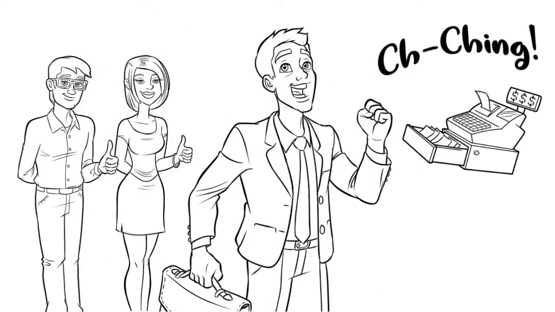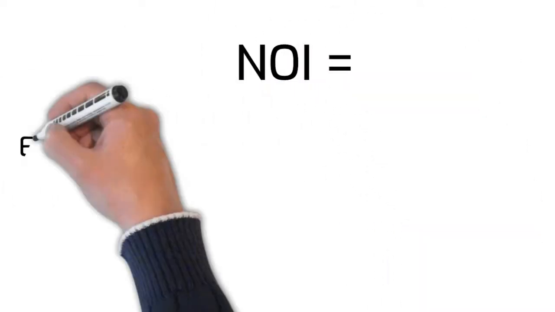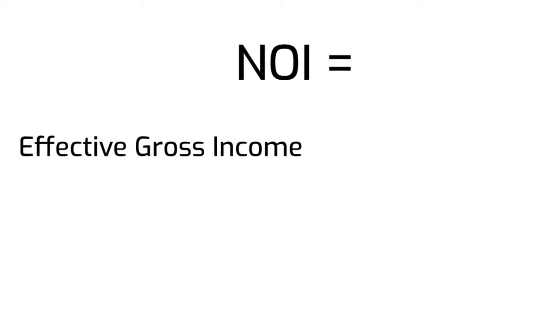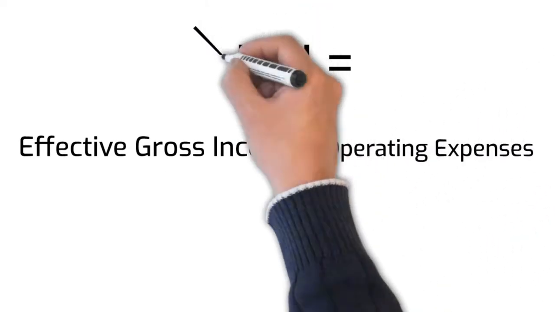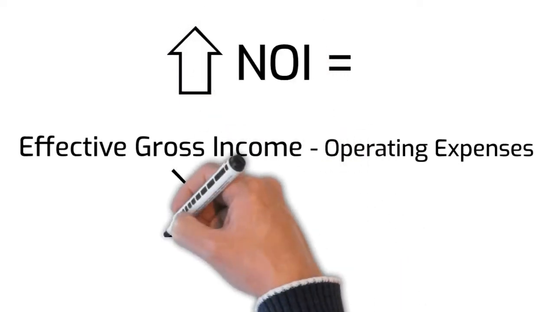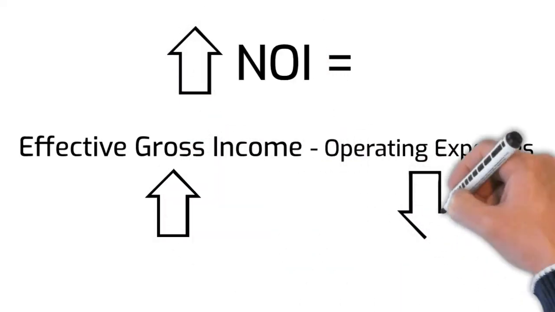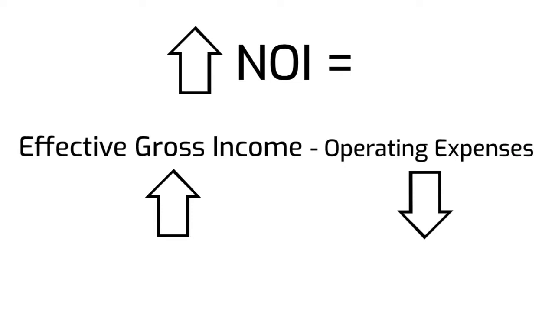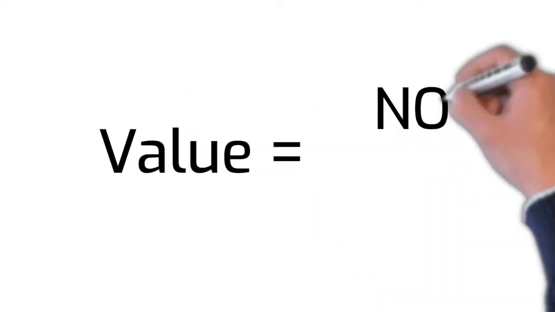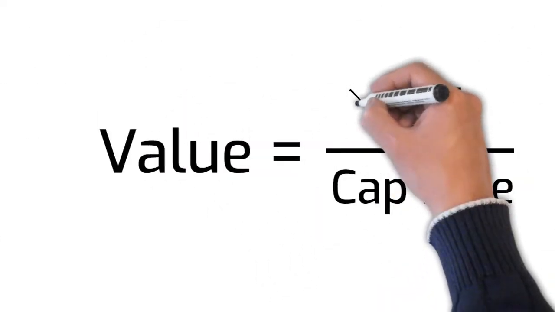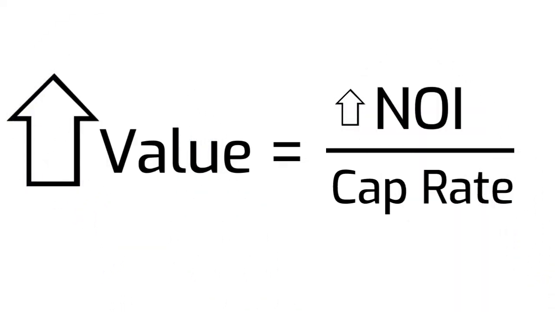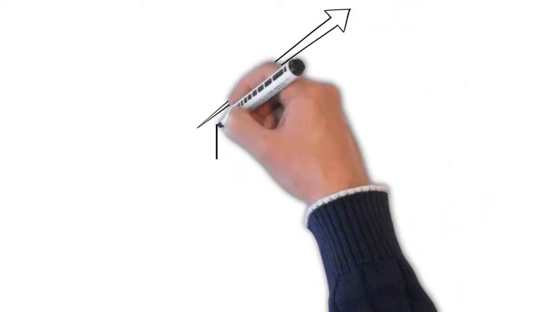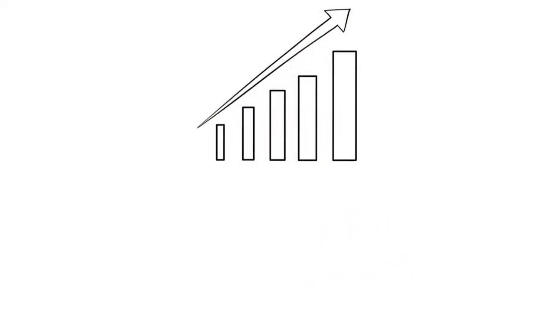Now let's look at the part of the valuation equation that we do have control over, the NOI. Remember that net operating income is determined by taking all the income and subtracting all the operating expenses. So to increase NOI, we either need to increase income or decrease expenses, or both. And because value is determined by dividing by the cap rate, even seemingly small increases in NOI can add significant value. The most obvious way to increase income is to increase rent to market rates that are in line with